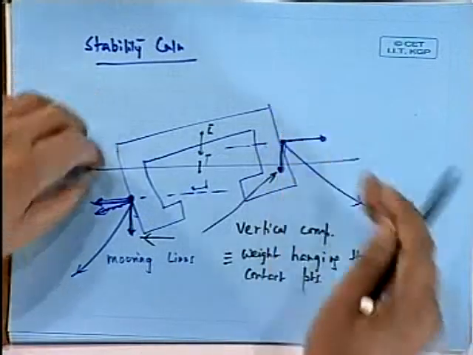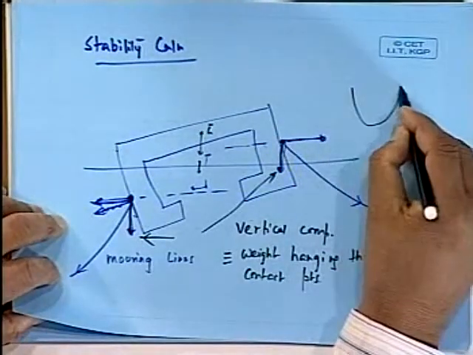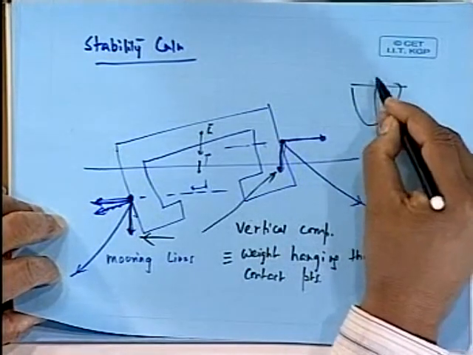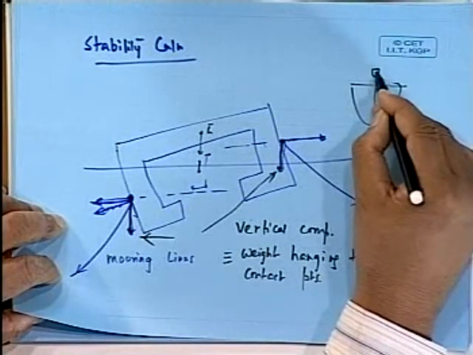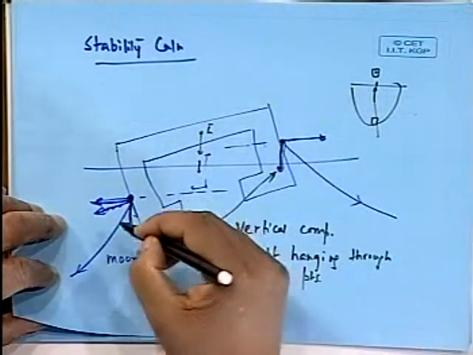Therefore, from the stability point of view, if the anchoring point, the mooring point, is at a low line, it will have a stabilizing effect. If it is at the higher points, it will have a destabilizing effect, because higher points will act as if you have added weight there. You get my point. We have seen earlier that if there is a ship, and you add a weight up high, CG goes up. If you add a weight low, CG comes down. The effect is exactly the same.